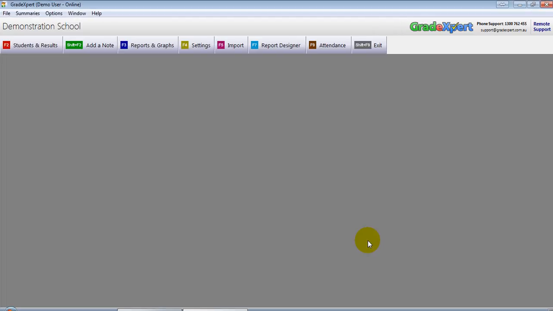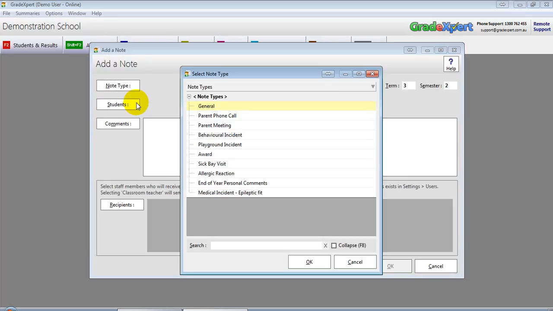When you want to add any type of note to a student history, you simply click the Add Note button or press Shift F2, which is the shortcut key, and you are asked firstly to select the type of note that you want to put in. Let's put in, say, a parent meeting,